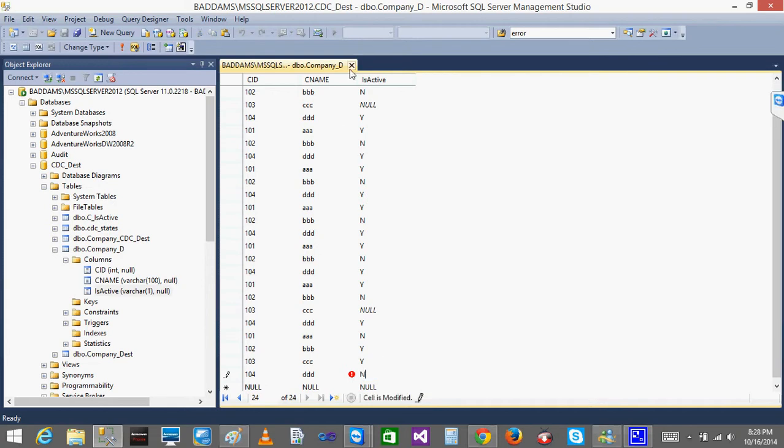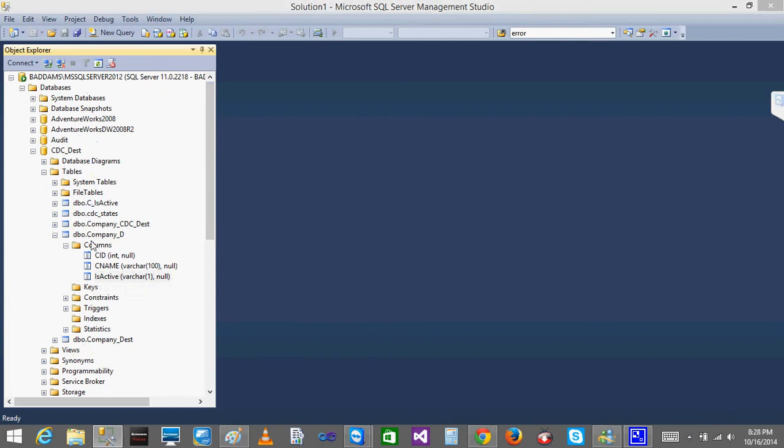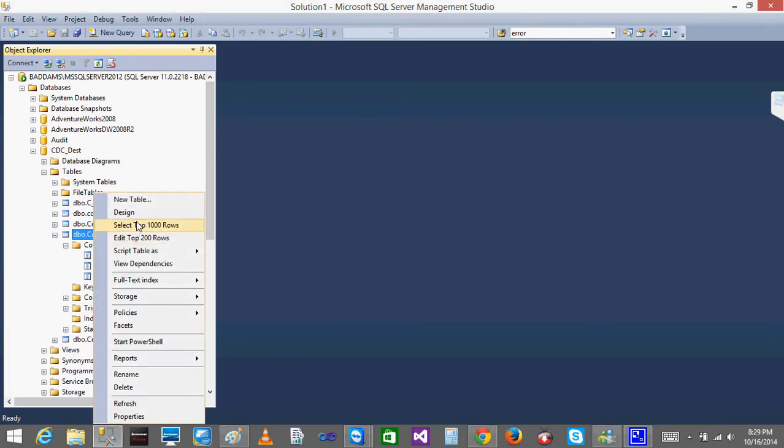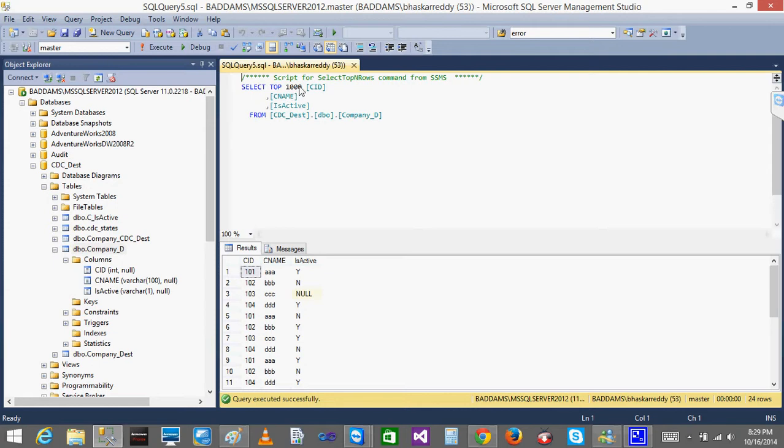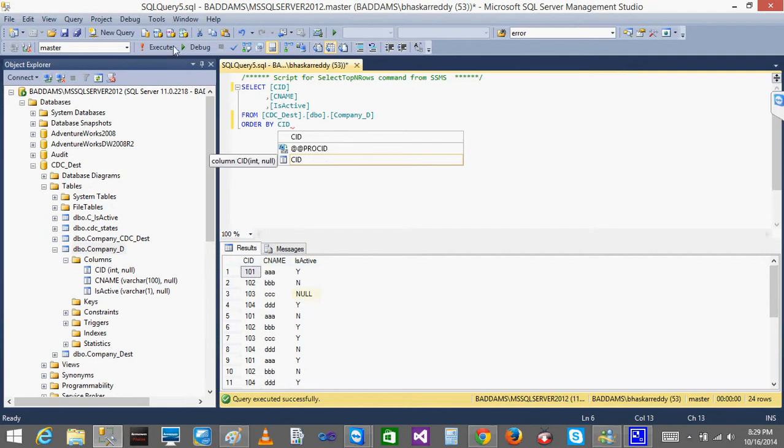Okay, so what I'm going to do now, I'll just select top 1000 rows. Now you can see I am having data, but they are duplicate records. So in order to see the duplicate records, I will order by CID. When I use this,